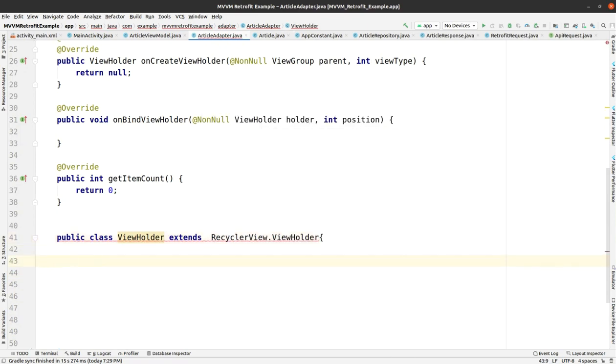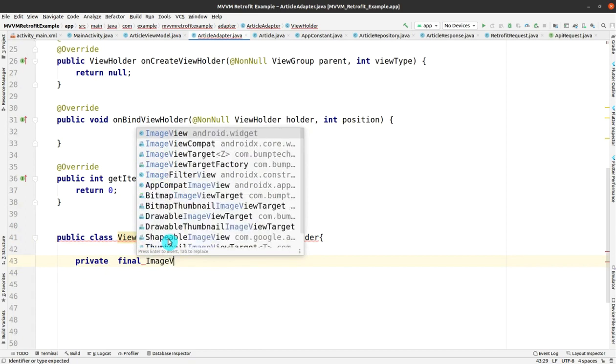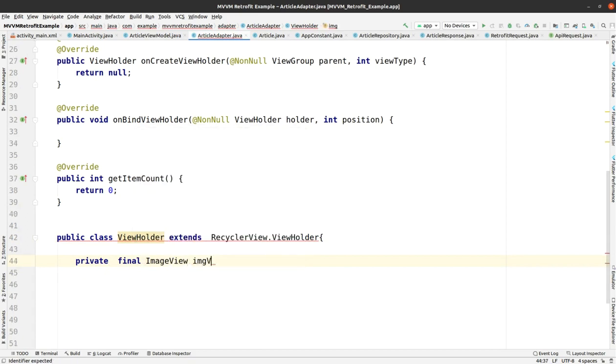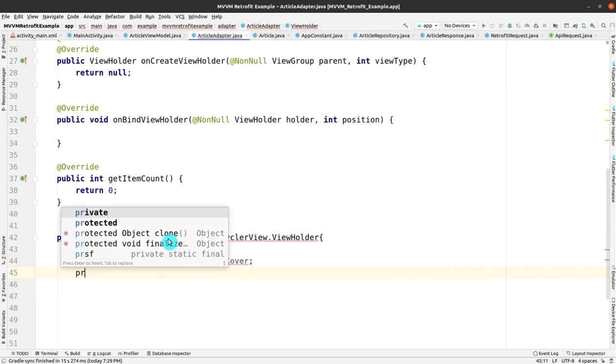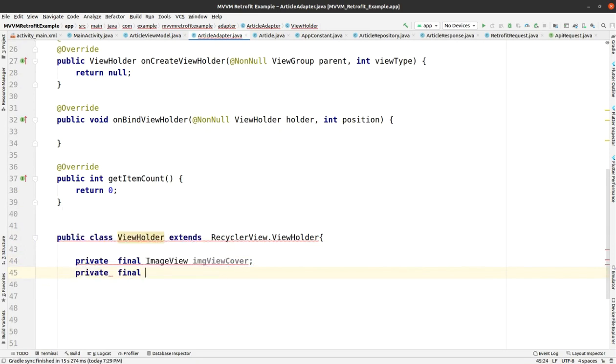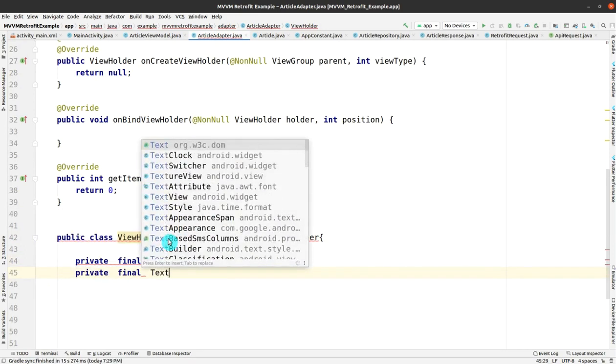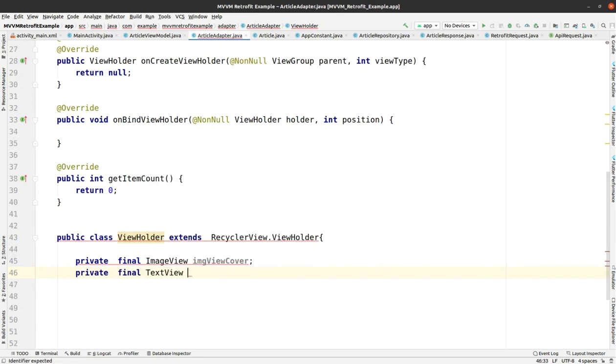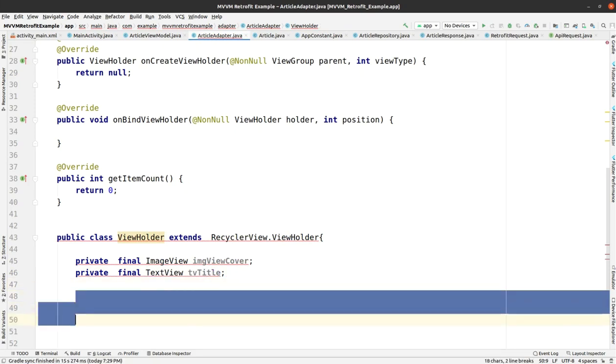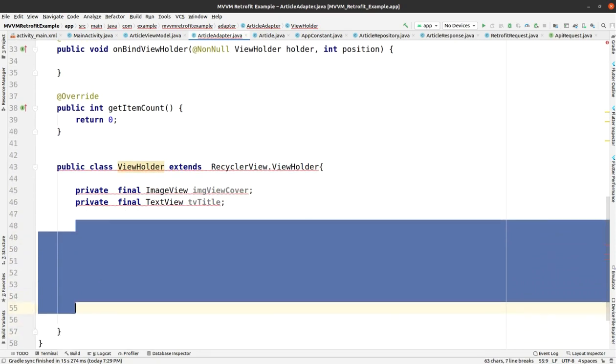Again, here I have to give some mapping of the particular views that we created within that news item XML. So it is an image view, and then the text view, tb title, and again you can see what I have to do is